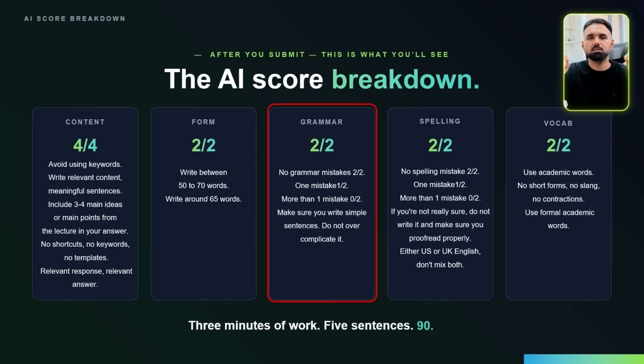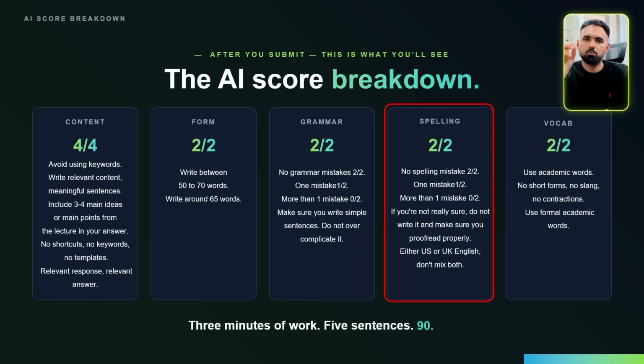Write simple sentences. And at the same time, if you are framing a sentence and you are not really sure, do not write it the wrong way. Write it the other way, the simple way, but make sure there are no grammar mistakes. In PTE, you do not really get points for doing something correctly. Rather, you lose points for the mistakes you make. So it is extremely important: if you are not able to do something right, do not make a mistake.